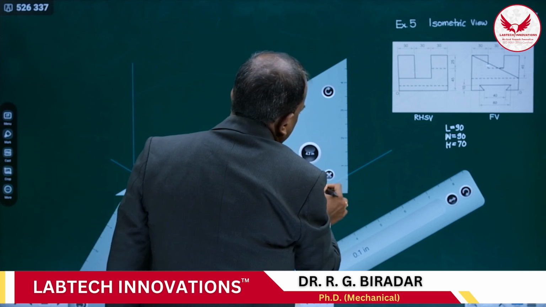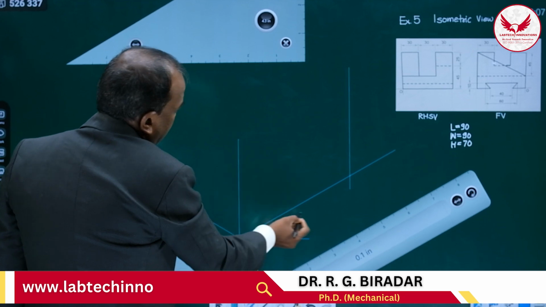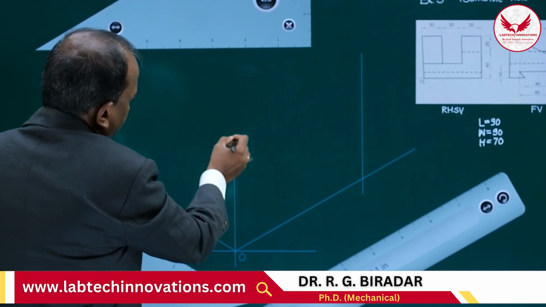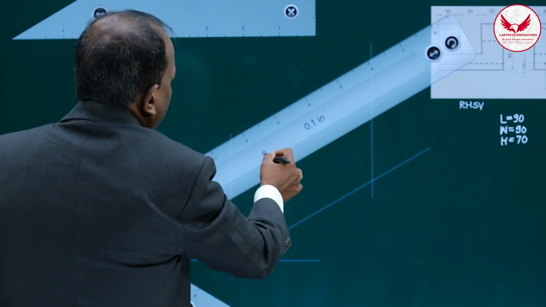On this side length, on this side width, so height is marked, and from the height then this 30-degree line